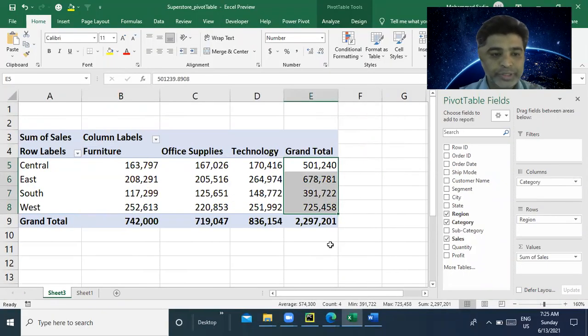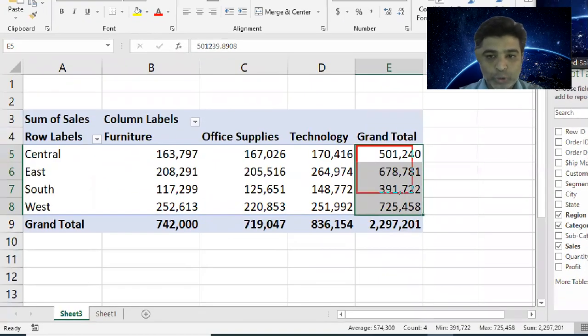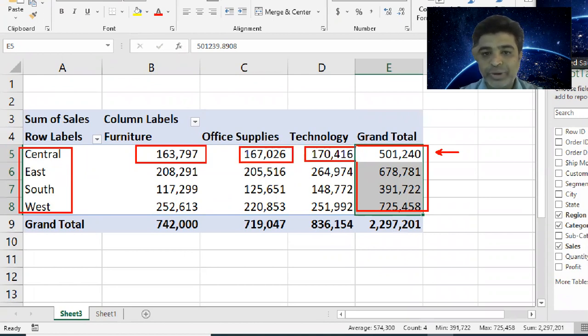So when you look at this grand total, it says this is the total for the region wise sales. That is, in the Central region, we have sales of 5 lakhs. But those 5 lakhs of sales are divided based on the category. So that means furniture has sales of 1.63 lakhs, 1.67 lakhs for office supplies, and 1.70 lakhs for technology. So the sum of this is going to be